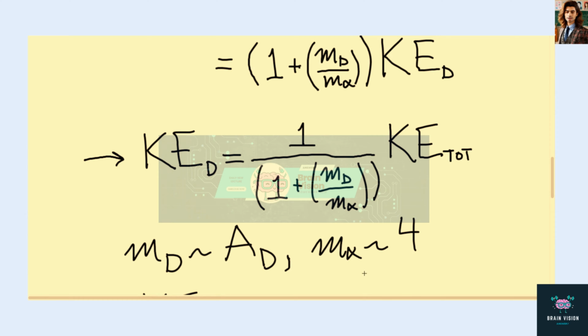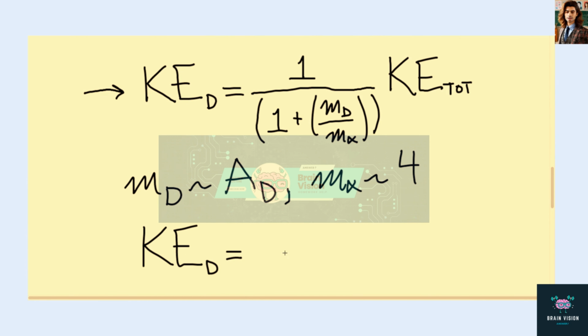It can be well approximated by its atomic mass number, which is equal to 4. Plug in each of these into our fractional term there, and we get the answer of kinetic energy of the daughter is equal to 1 plus